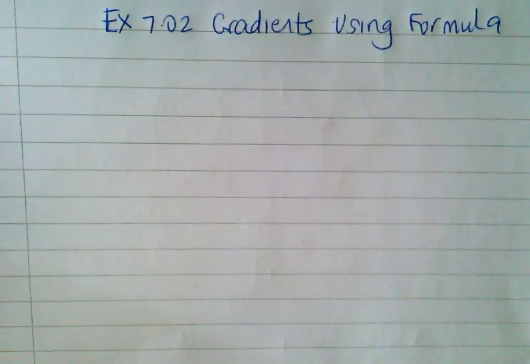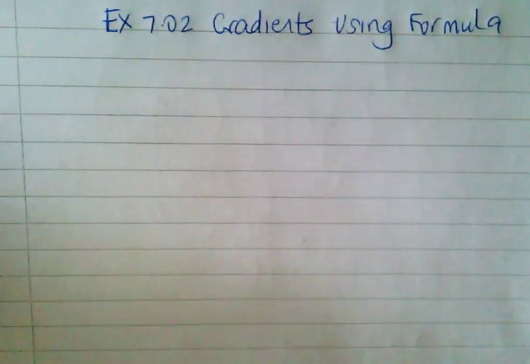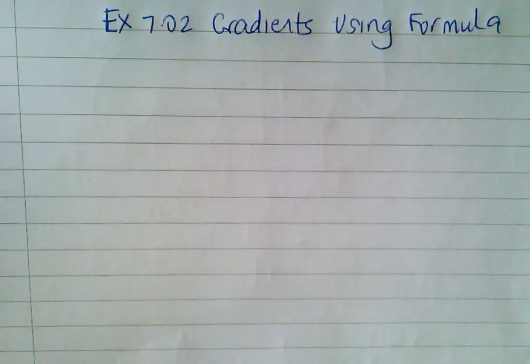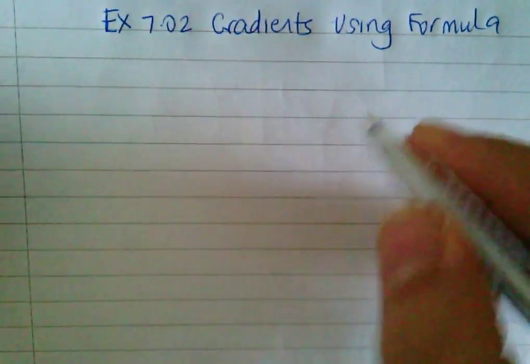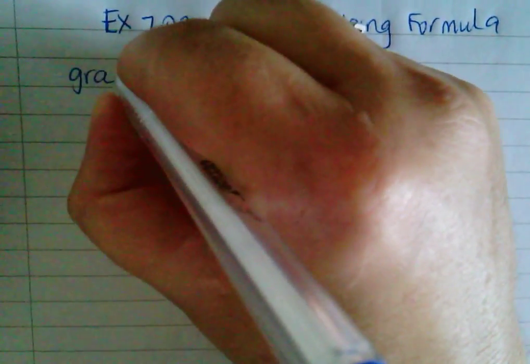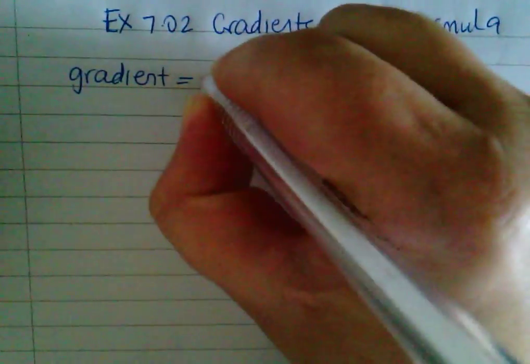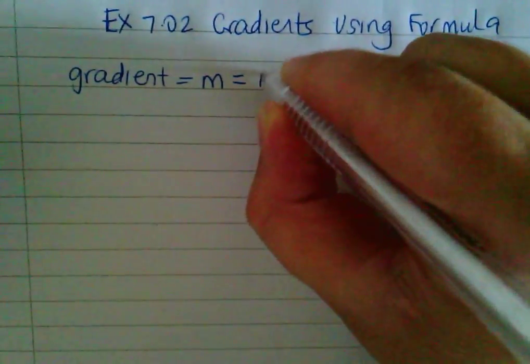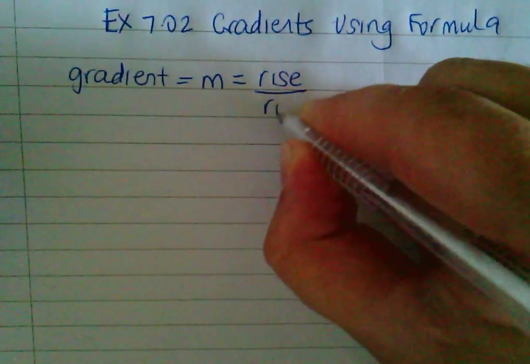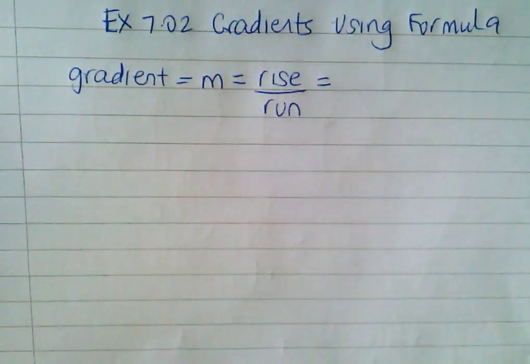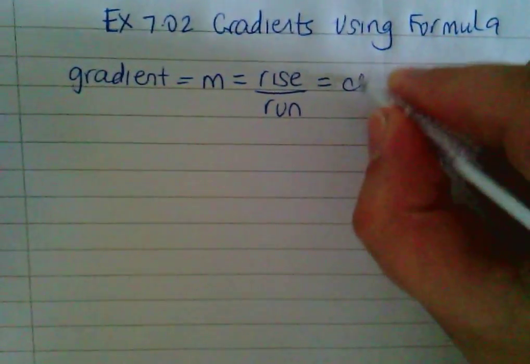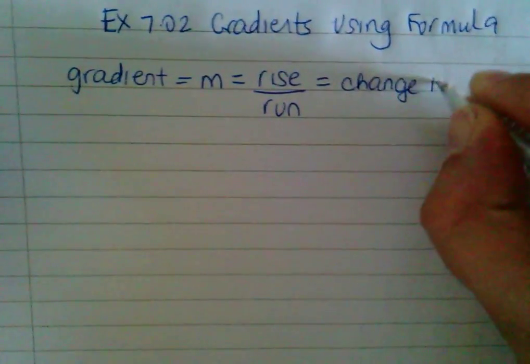Okay, exercise 702 is the gradient formula. Now, they actually don't write the gradient formula in your textbook, but I'm going to give you the gradient formula anyway. Now, we know that the symbol for gradient is m, which is rise over run. And basically, the rise is the change in your y values,